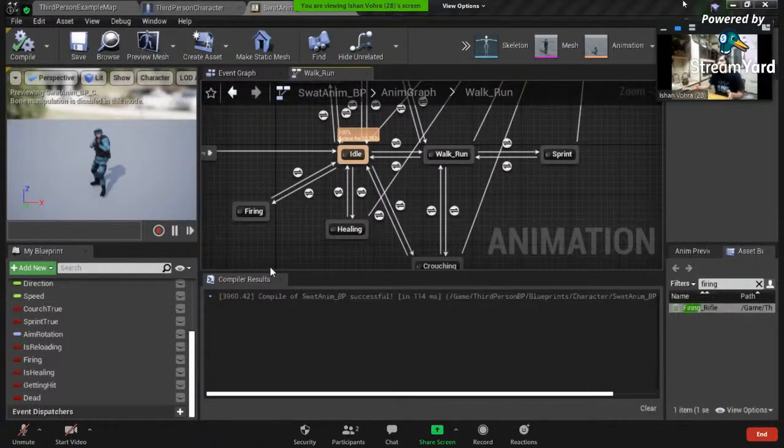Import an animation, connect it to your skeleton, and in animation graph, just